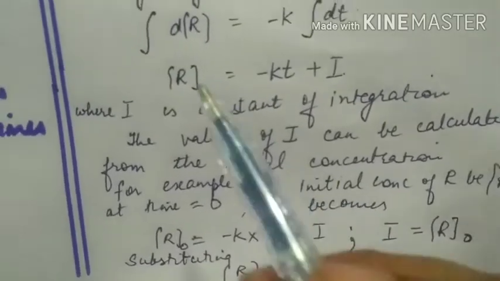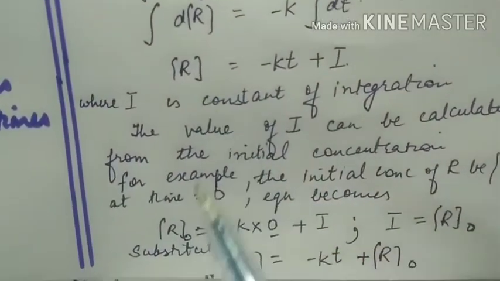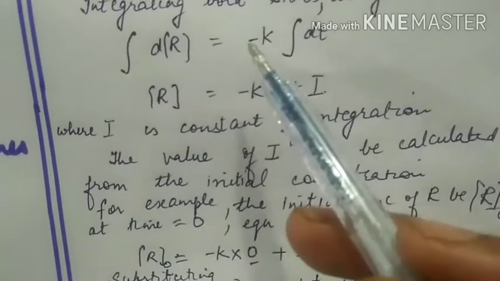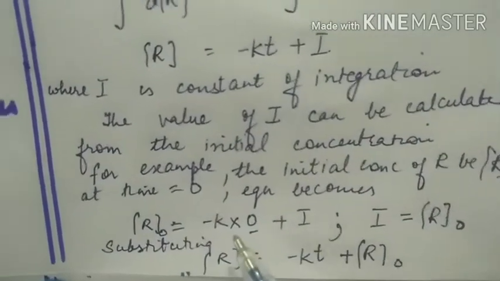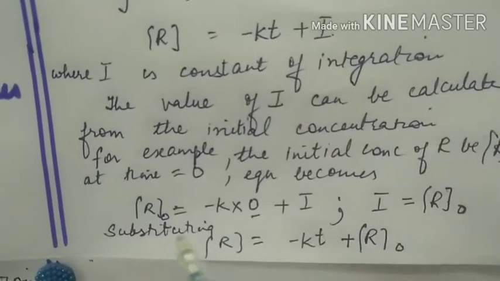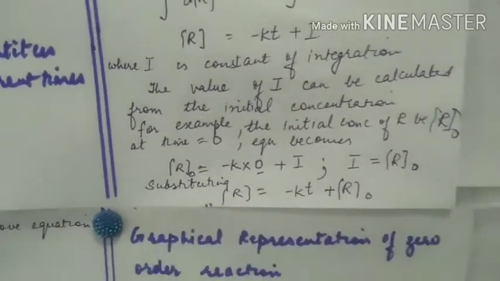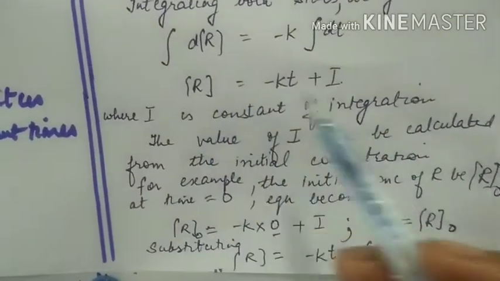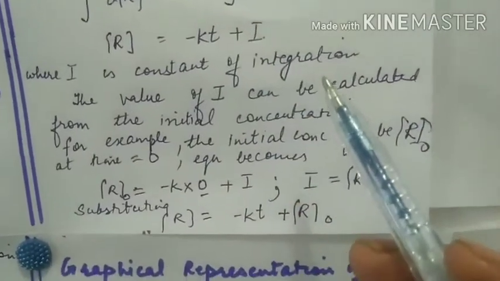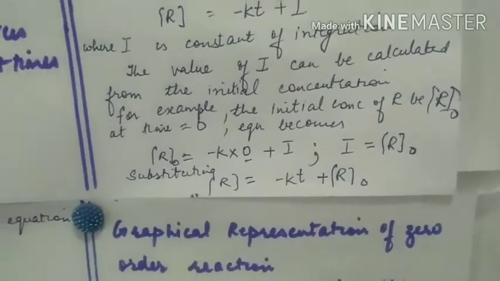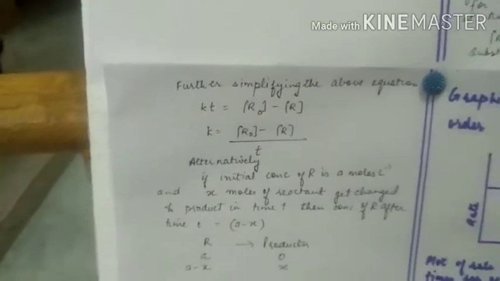The equation becomes, in place of [R], [R]0 is equal to minus k into t is 0, k into 0 plus I. This term becomes 0, so I is equal to [R]0. Now substituting the value of I in this equation, we get [R] is equal to minus kt plus [R]0. Further simplifying the above equation,